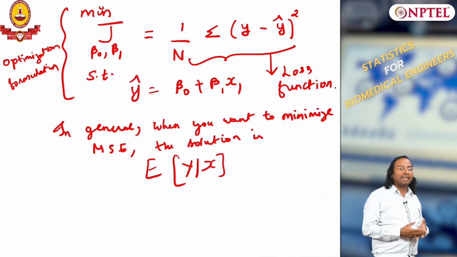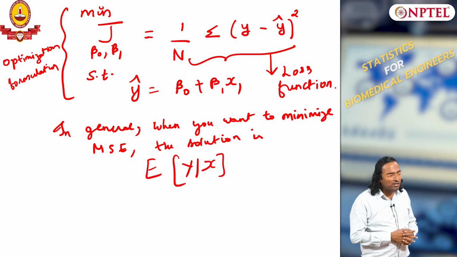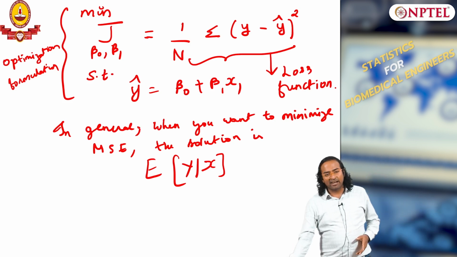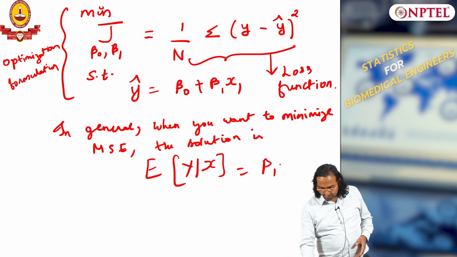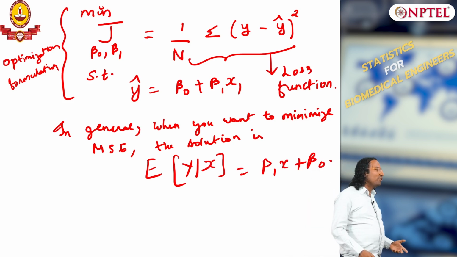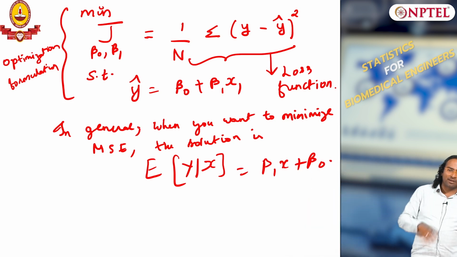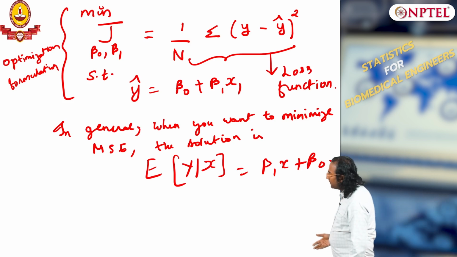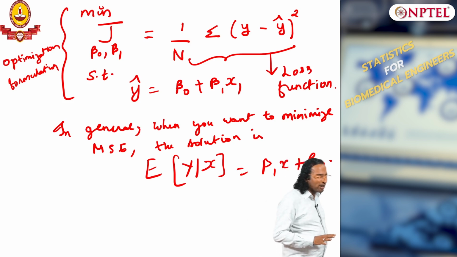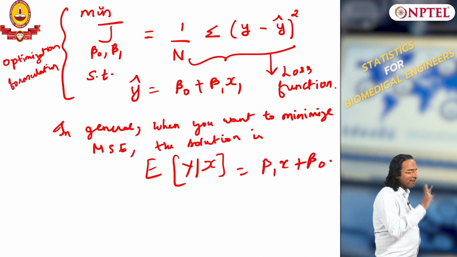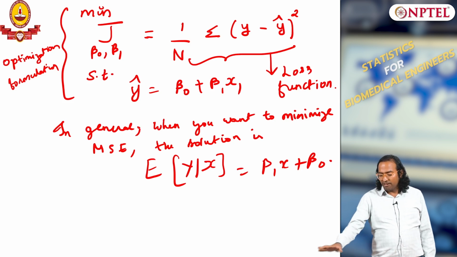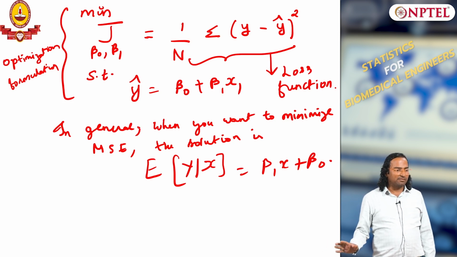In this case x is given to you. So what is the solution? The solution is going to be the expectation of y given x. In our case we have assumed this to be linear. You could have the expectation of y given x be a non-linear form, some multivariate regression, non-linear regression, and so on. In this case, what am I assuming? The average value of y given x follows a linear form. That is the assumption, the framework of linear regression.